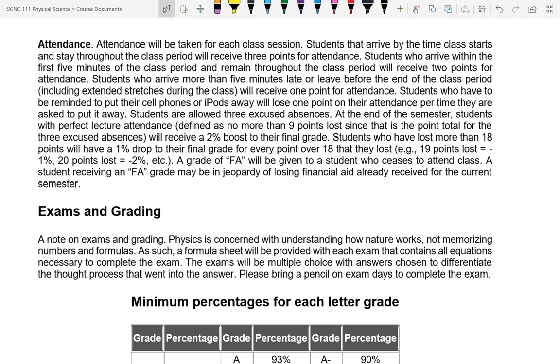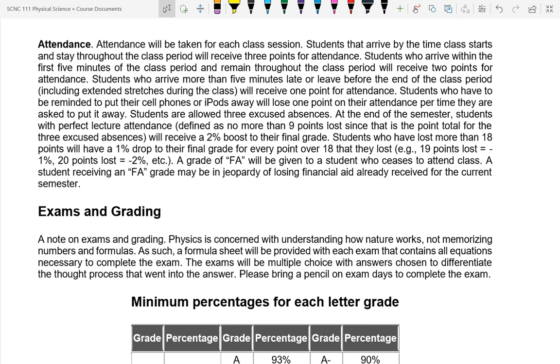disappeared in the handbook. Seems like every time I adopt something, it disappears. And so I've taken that and I say, if you have 3 absences or less, that counts as perfect attendance. That's if you've missed less than a week. And I have a point method of determining how much a tardy is worth. So if you're here before class starts, you get 3 points. If you're not here before class starts, but you arrive within the first 5 minutes of class, you get 2